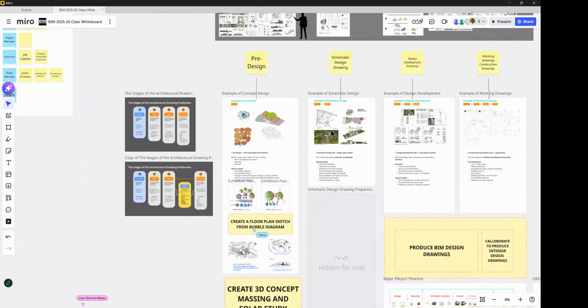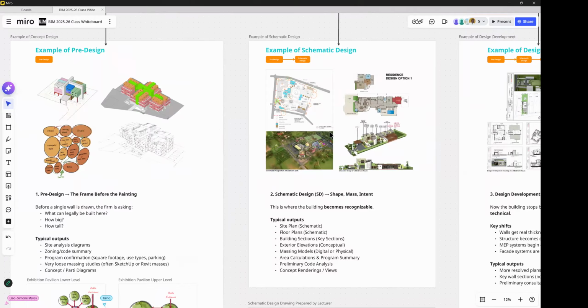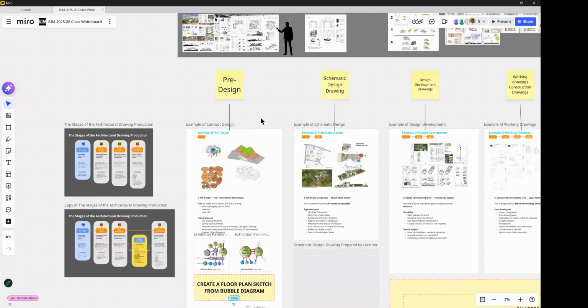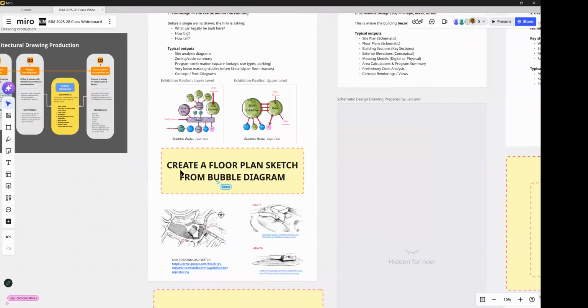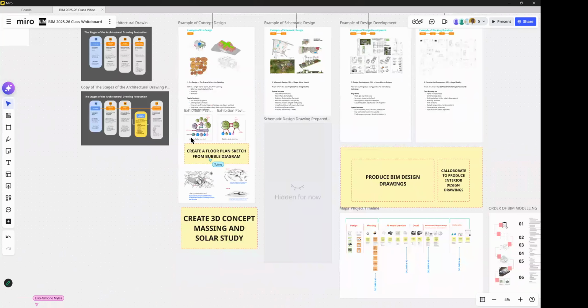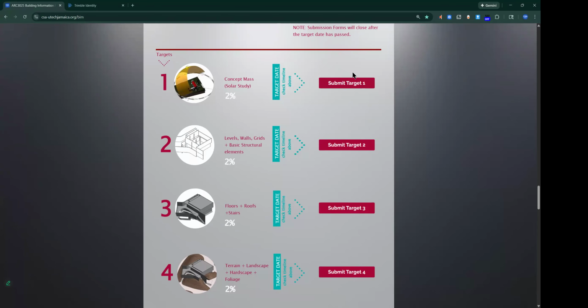We'll be doing this when you come back from study tour. For right now, we're just finishing the pre-design phase, and for that you would submit the floor plan and the massing study. That is where your submission will be.